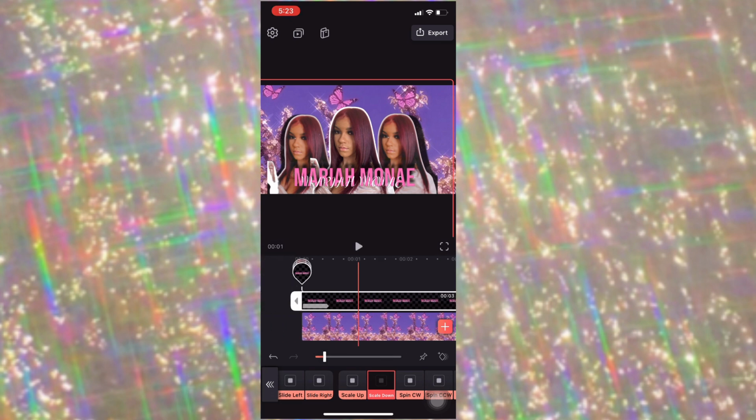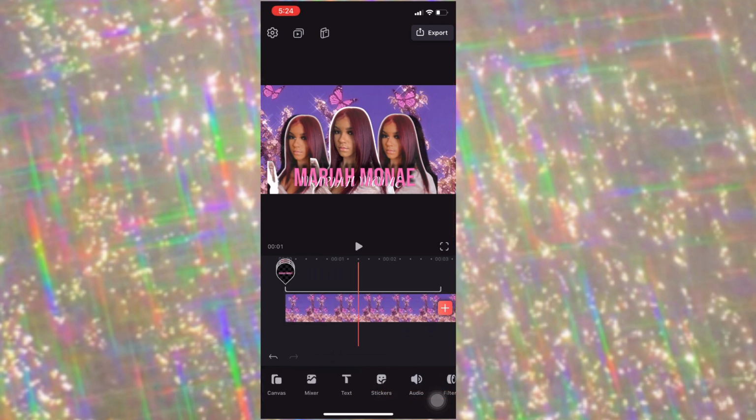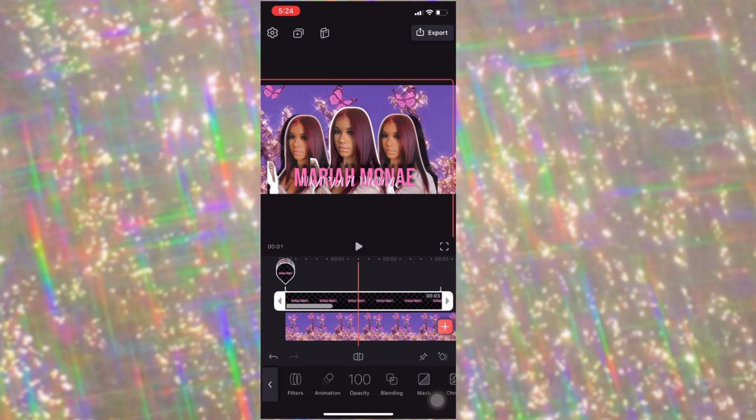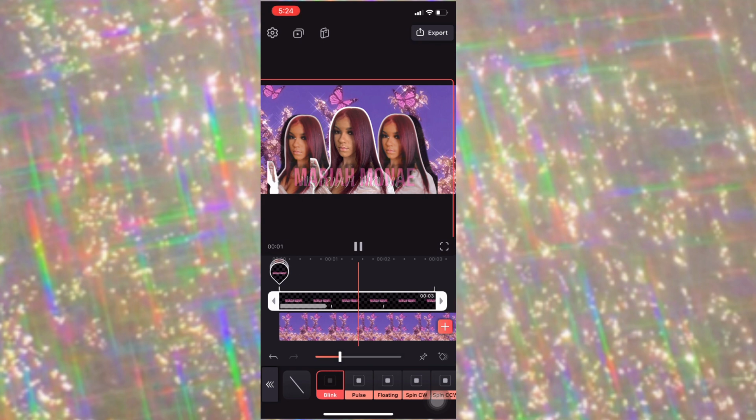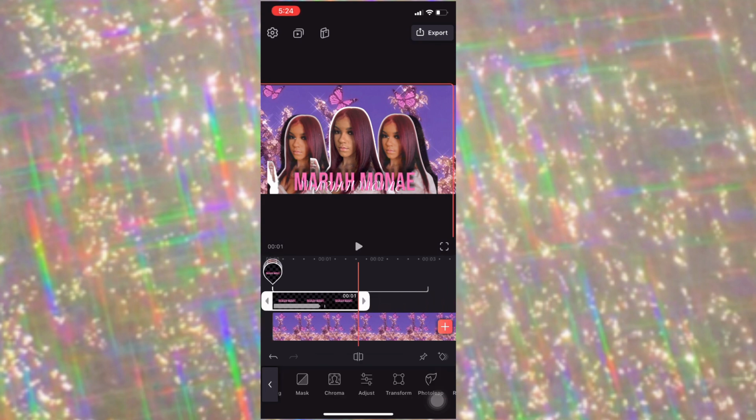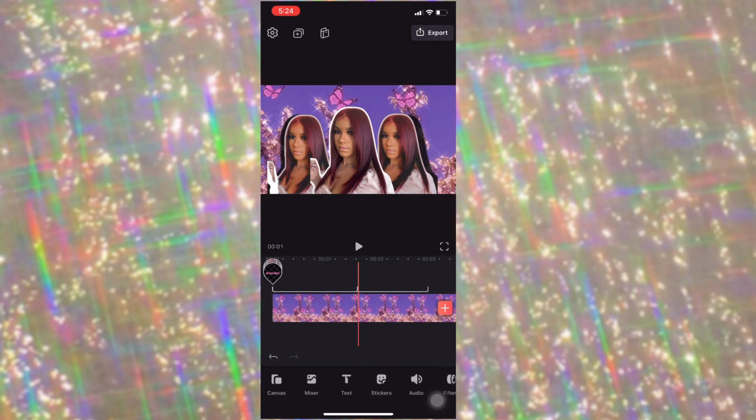And you can also hit overall animation, because it gives you 3 options, and you can make it do different things too. You can click on all of that and stuff like that. I think I just made mine pulse, which means it just goes up and down. But yeah, you can see me tapping on different things to see what looks good together. And once you figure out what looks good for you,